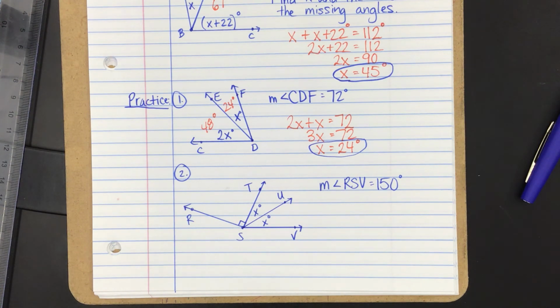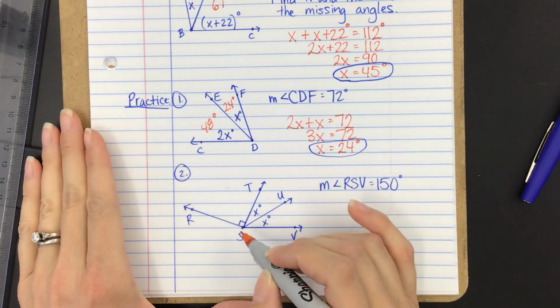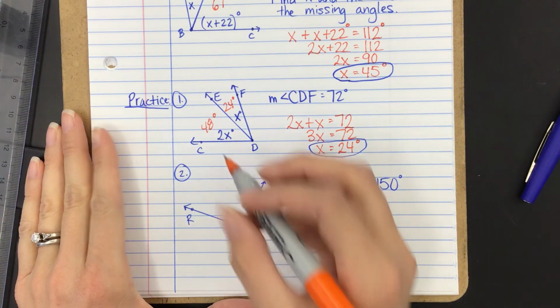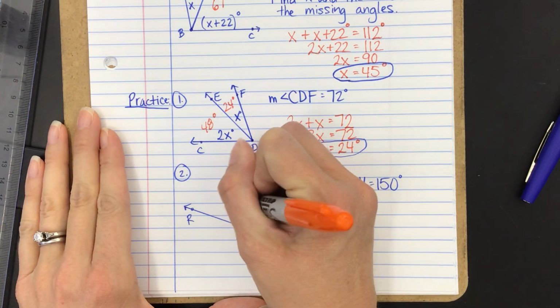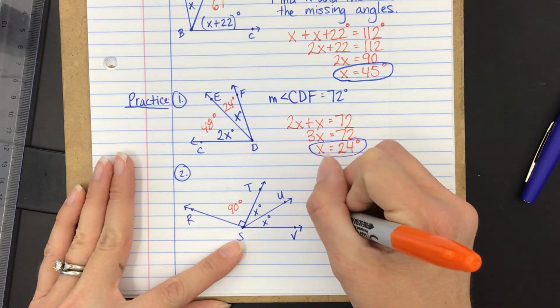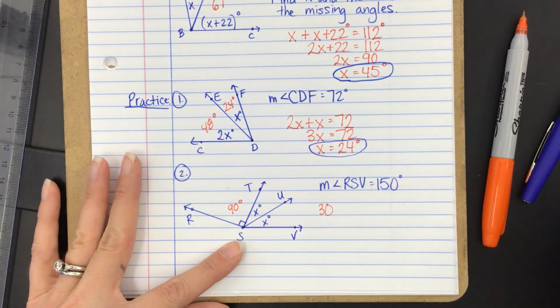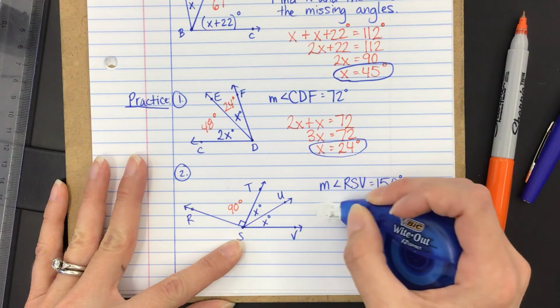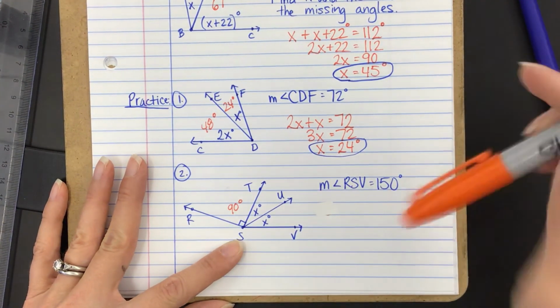And then the next one, if you ever see this right angle, this little box here, this means that this is 90 degrees, so we're good on that. And then, so that means we have 90 degrees, not 30, 90. I don't know why I said 90 and wrote 30. This will be 90 degrees